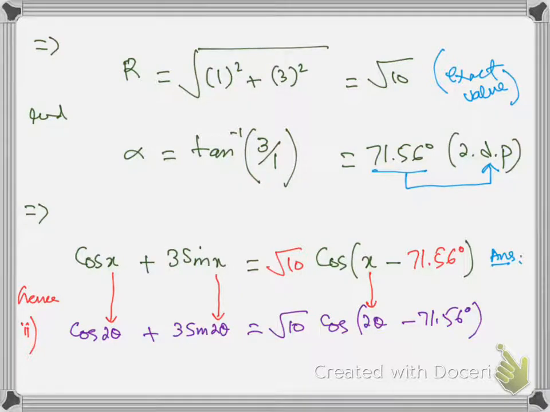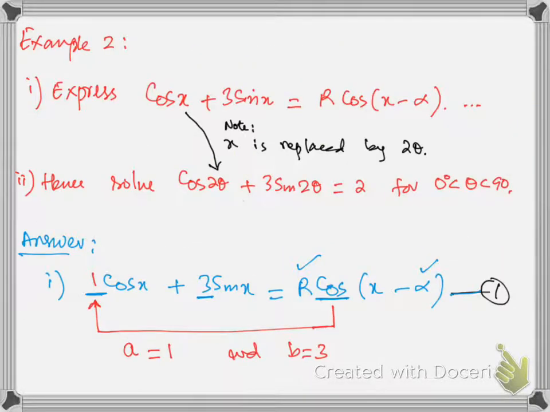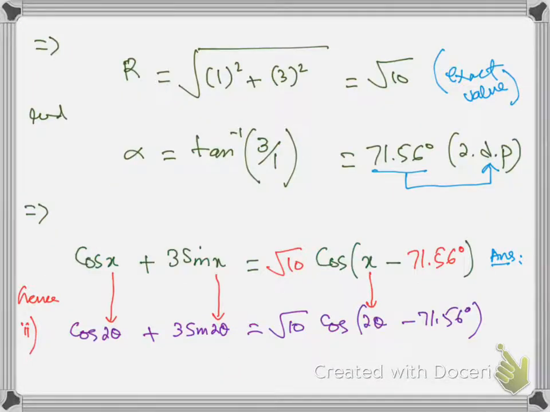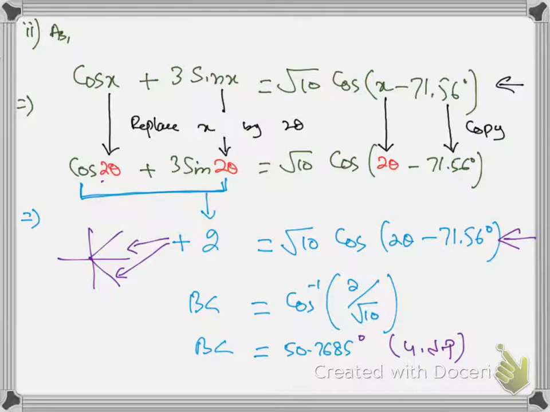But I already told you part 2 is very important. You need to replace x by 2 theta in part 2. So I explained this here. I replace this x and this x, all x from this answer, by 2 theta to solve the second part. Make sure you don't change this angle. You just need to copy this. You are just replacing x by 2 theta. Now this is part 2. We already have done this in the previous slide. Therefore, you just need to replace this thing by 2 theta, and just copy this right side here.